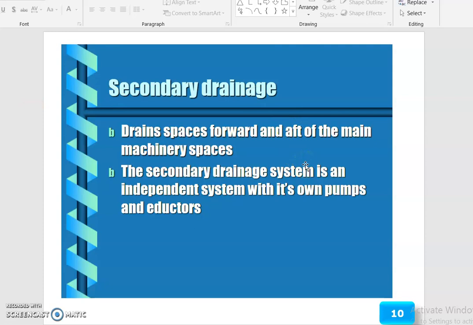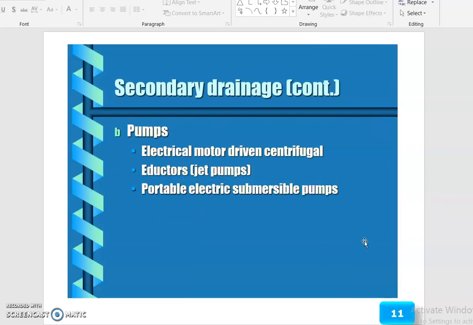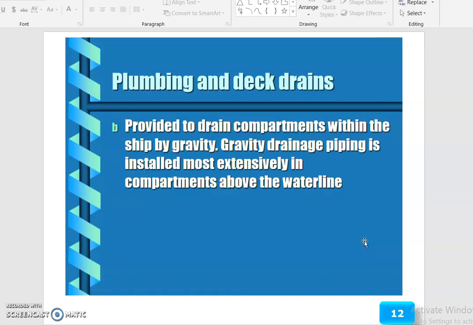It is an independent system with its own pumps and eductors. The pumps are electric motor-driven centrifugal, eductors or jet pumps, and portable electric submersible pumps. Then plumbing and deck drainage is provided to drain compartments within the ship by gravity.